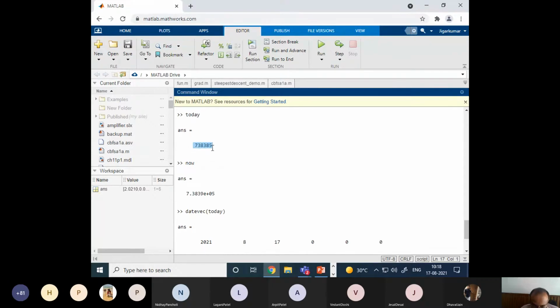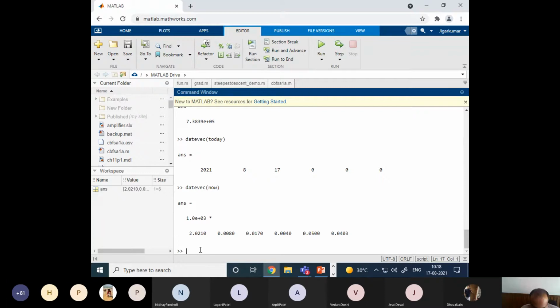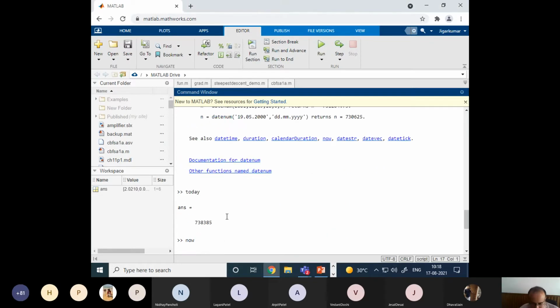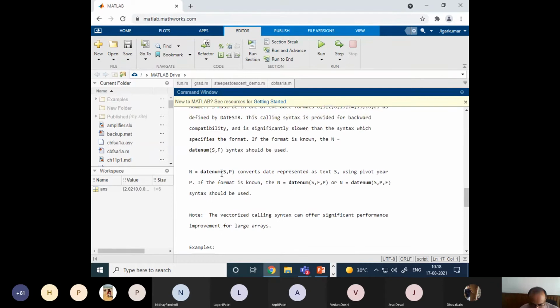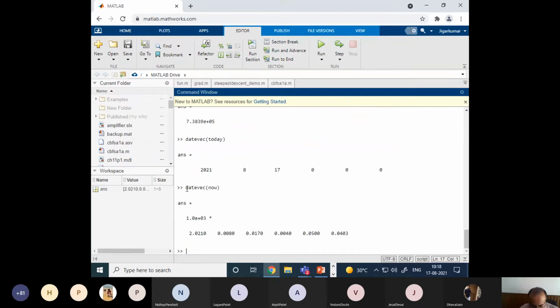Right now we have dissected the date serial number, right? Now how to handle a date string? For that I told you we have some other functions. So let me go again to my Word document. So far we have seen the date vector function datevec.